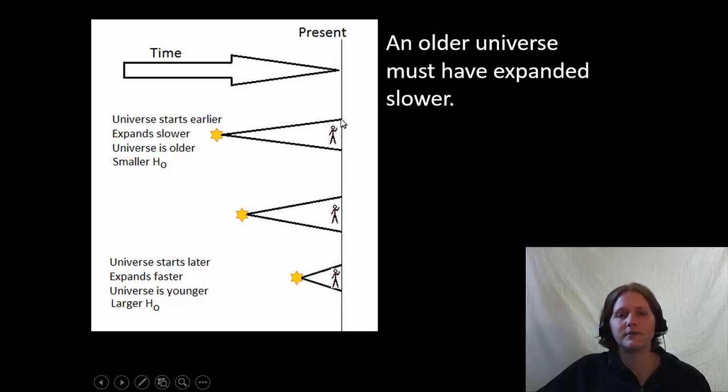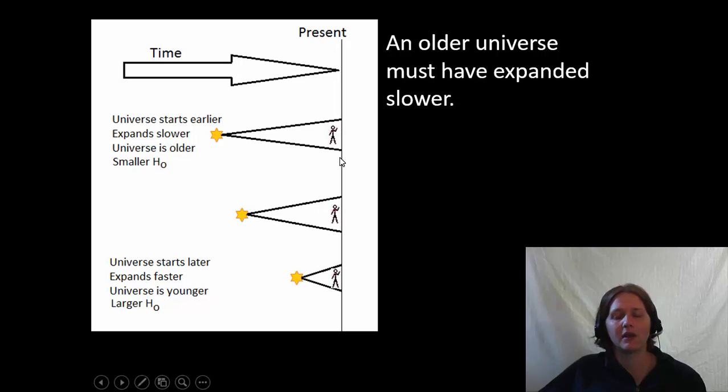And so in this universe, we actually make it pretty far into the past before you have the Big Bang. That means this universe model expanded slower. It has a smaller Hubble constant. Whereas this universe model shrunk down much more quickly, and the Big Bang happened much more recently in the past. So one way you could say it is that an older universe, this one here,